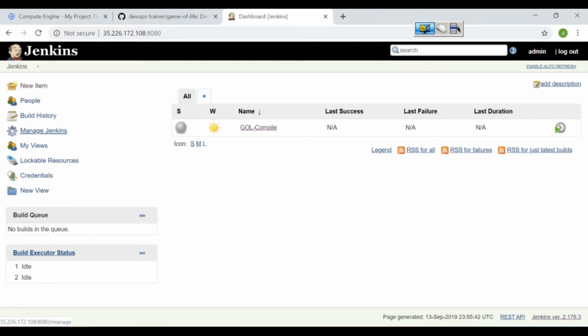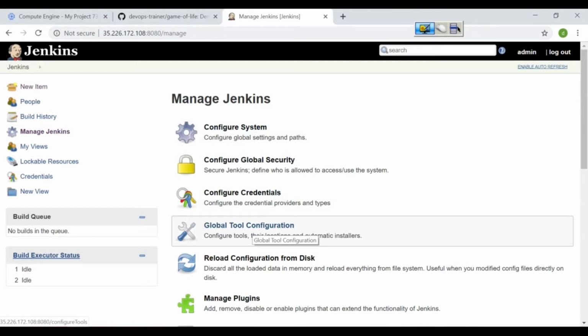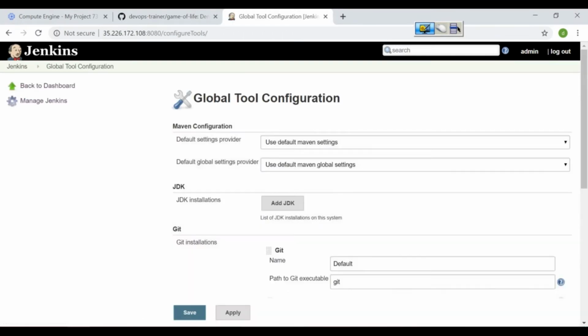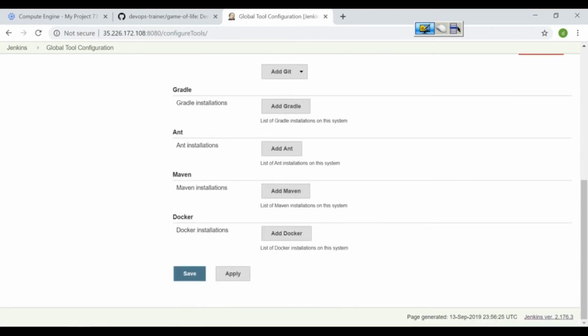The other way is to go to Manage Jenkins. Under Manage Jenkins, we have Global Tool Configuration. It says configure tools, their locations and automatic installers. This is where we can install the tools. Go to Global Tool Configuration and just scroll down. We need Git, and similarly we need Maven.